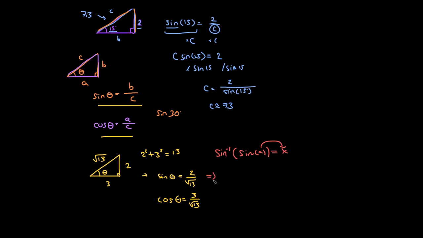Right? So if I do my inverse sine on both sides here, I'll do the inverse sine like this, and then I still have sine of theta in there, and then do the inverse sine on the other side as well, 2 divided by square root of 13. Then these two, the inverse sine and the regular sine, will cancel, and I'll just be left with theta is the inverse sine of 2 divided by square root of 13, like that. And this, again, you can just plug into your calculator. It will be